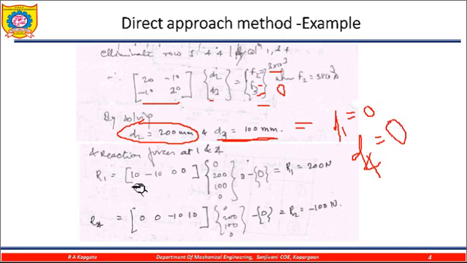So this is the reaction. Here 10, -10, 0, 0 multiplied by the displacements. The displacement D1 is equal to 0, so that is minus, hence this is R1. This is again a row, and I put the values of D2 and D3, and I get the reaction at R2. So I very easily find the reaction at R1 and the reaction at R2, so that I can very easily find the displacements as well as the reactions by using the direct stiffness method. This is the simplest method to solve the problem.